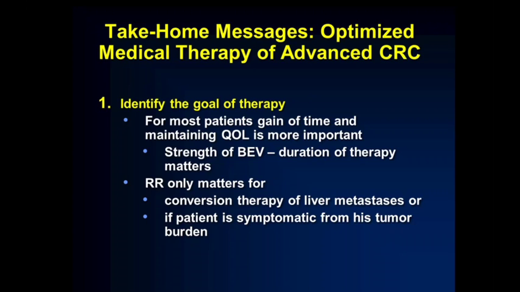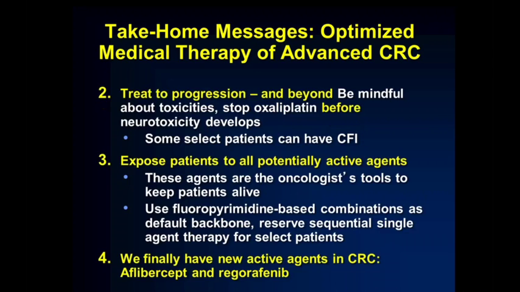Generally speaking, the survival and quality of life is most important. Response rate plays a role when you're trying to convert an otherwise unresectable patient into a resectable patient. So you're trying to convert that which was thought to be non-curable metastatic disease into a curable metastatic disease. That's where response rate really plays a role. And response rate also plays a role if he or she is symptomatic from tumor burden. Usually you will treat to progression and beyond,